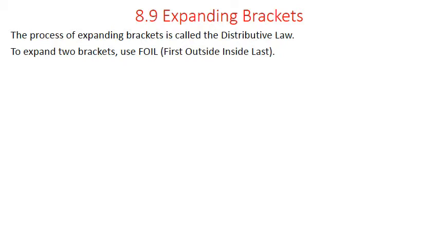This time we're looking at expanding brackets. The process of expanding brackets is called the distributive law. And to expand two brackets, we use FOIL, which is first, outside, inside, last, but we'll get to that in a minute. So the first example of expanding out brackets is if we have 3(x